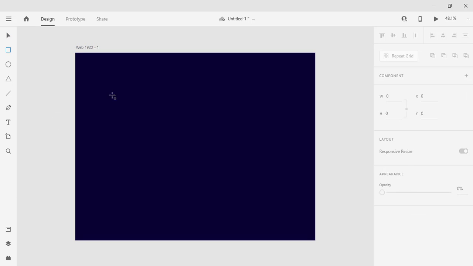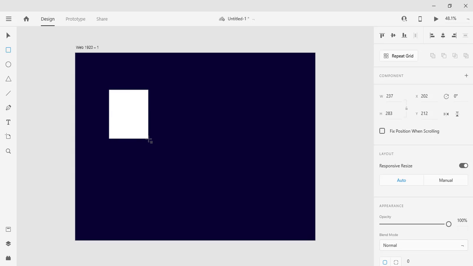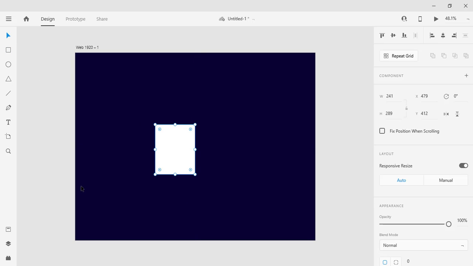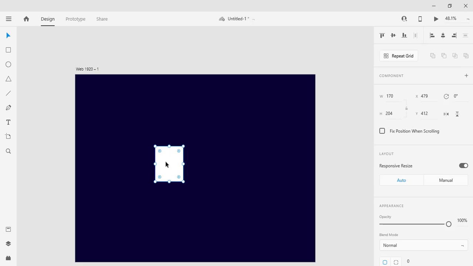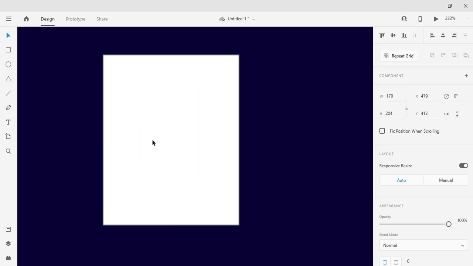Then for the user card, let's give the width equal to 250 and the height equal to 204. Height would be 170. I think this would be the perfect size for what we are going to create.